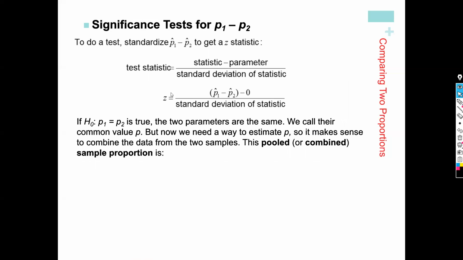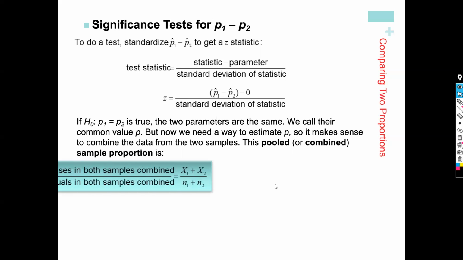So if P1 equals P2 is true, the two parameters are the same. Their common value is going to be P, but we need a way to estimate P. So basically what we're going to do is take the data from the two samples and combine them together. Again, this is something your calculator is going to do for you, but I want you to understand what it's doing. So it's basically taking the two samples and saying, well, if the proportions are the same, then we can take this as one sample from the same population